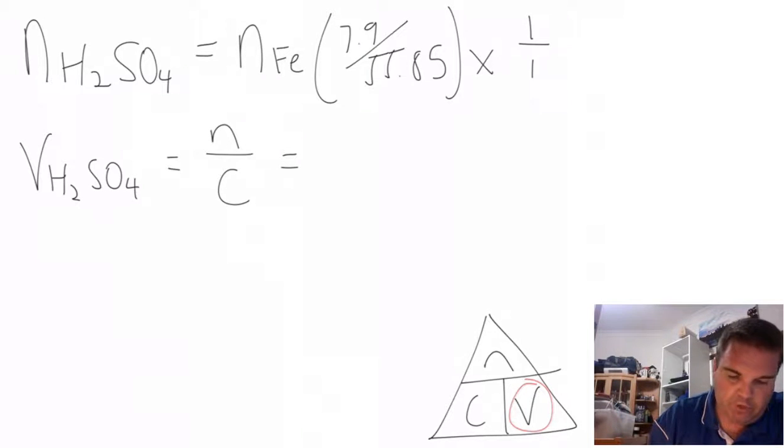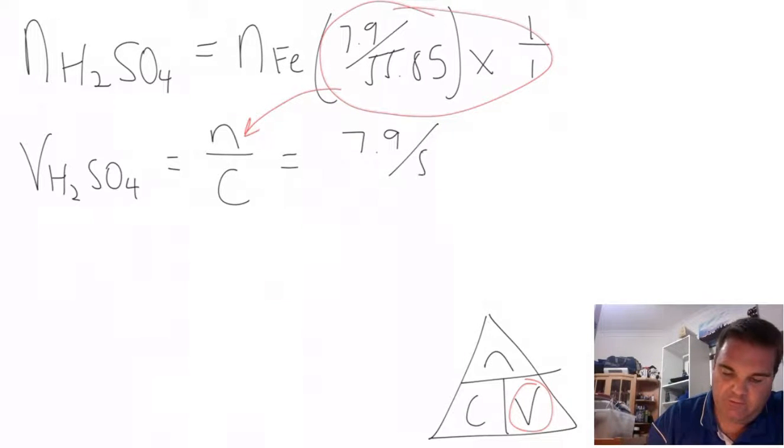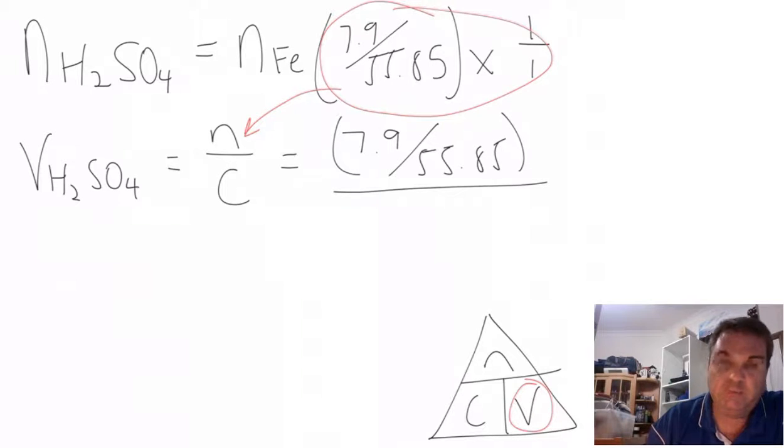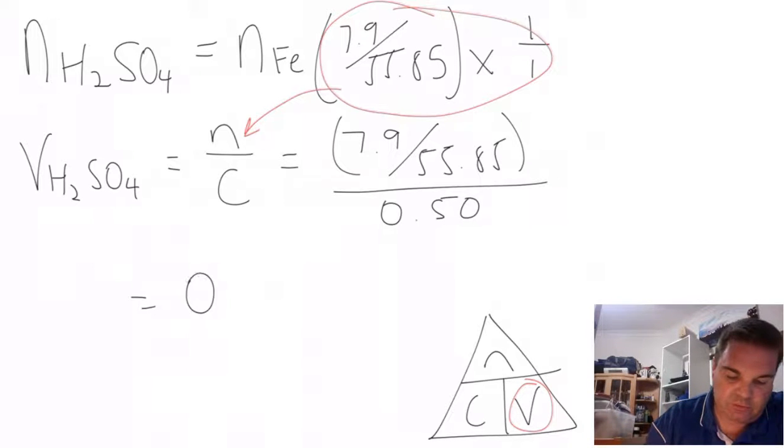Our number of moles comes from up here, so it's 7.9 over 55.85 times 1 over 1. We don't need to put that in because it's just 1. So there's our number of moles. The concentration we had in the question was 0.50. So we put that all in our calculator and come up with an answer of 0.28 litres,